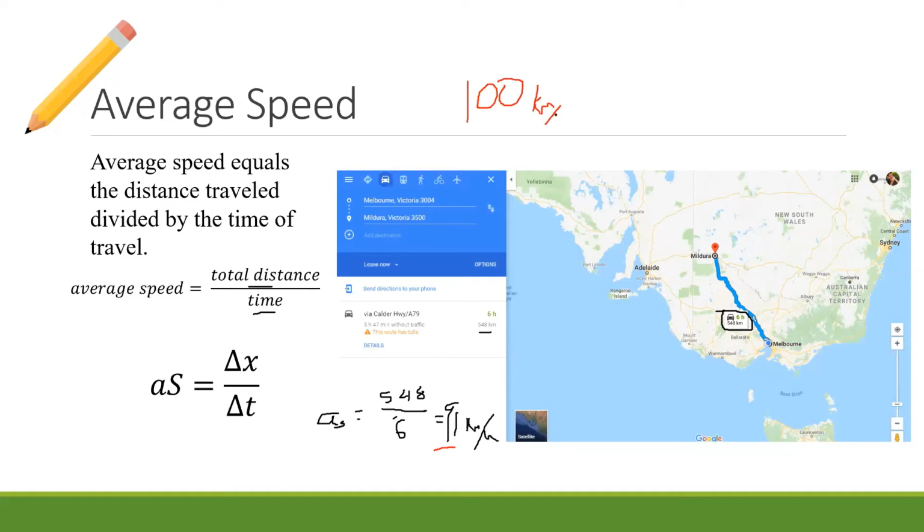If you do 100 kilometers an hour plus 60 kilometers an hour plus 20 kilometers an hour plus 0 kilometers an hour, if you do an average of all the speeds, you will get 91 kilometers an hour. But just because that's an average doesn't mean that that is the speed that you're going on the whole time. That's the problem with averages.